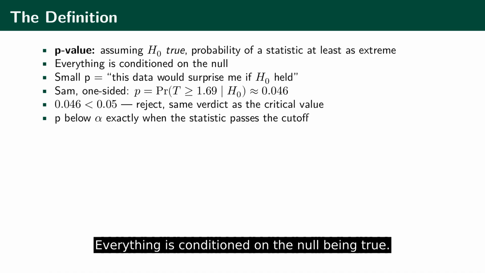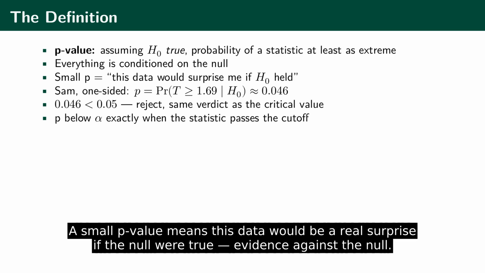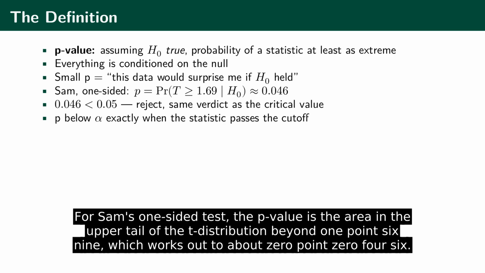Read it slowly. Everything is conditioned on the null being true. We live inside the skeptic's world where mu is 0, and ask, in that world, how often would noise alone hand me a result this striking, or more so? A small p-value means this data would be a real surprise if the null were true. Evidence against the null. For Sam's one-sided test, the p-value is the area in the upper tail of the t-distribution